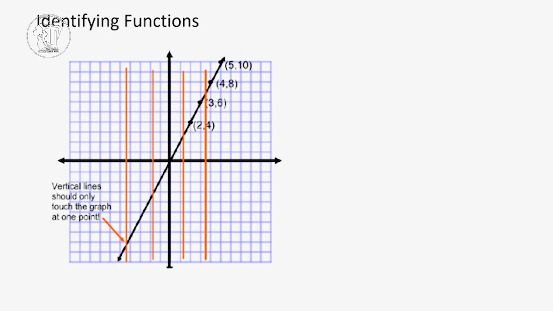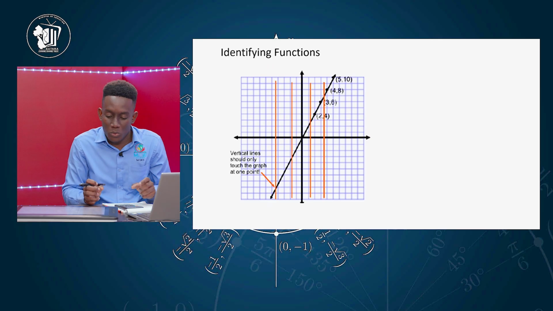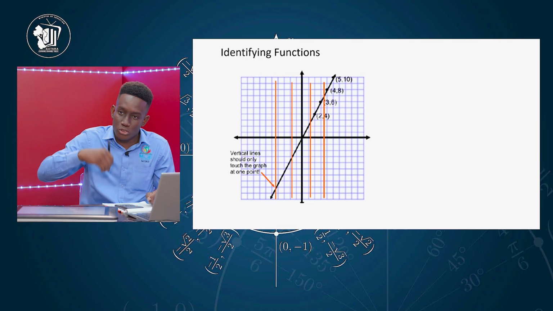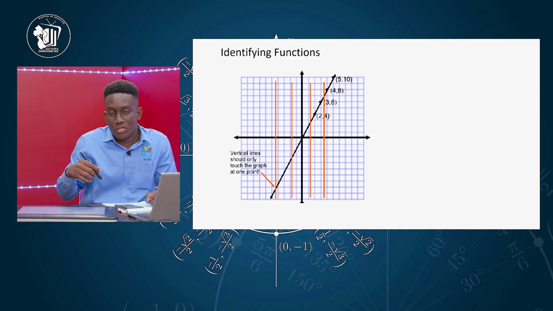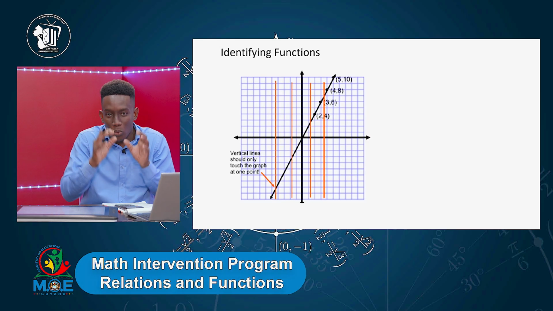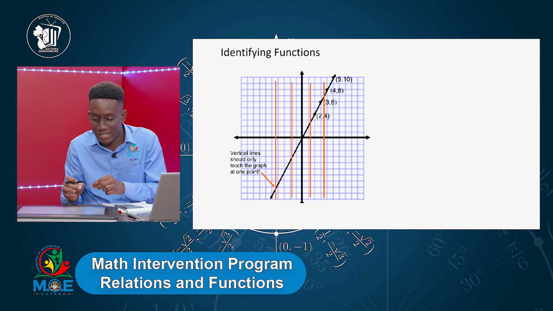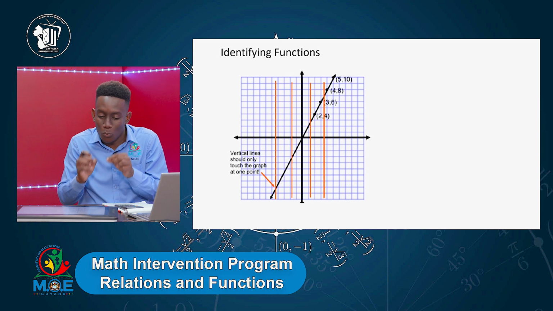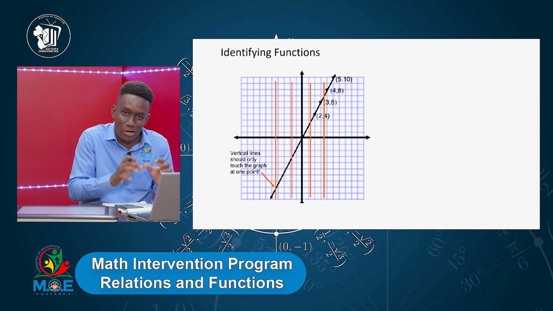And how can we identify whether this line is a function? So there's a test that we do that is called the vertical line test. Now for the vertical line test, we draw vertical lines through the function. As long as we draw vertical lines through the function and the vertical lines pass through one and only one point in the graph,